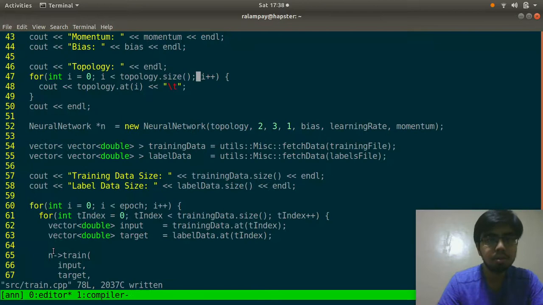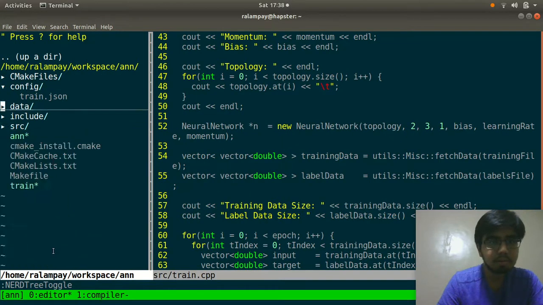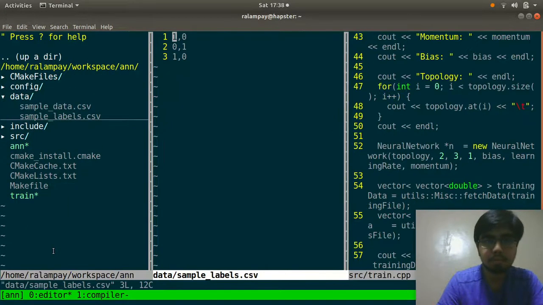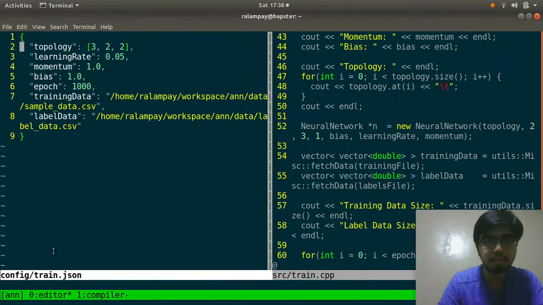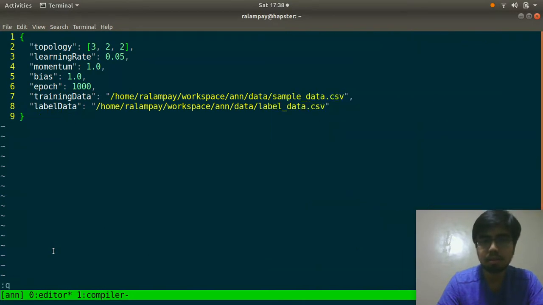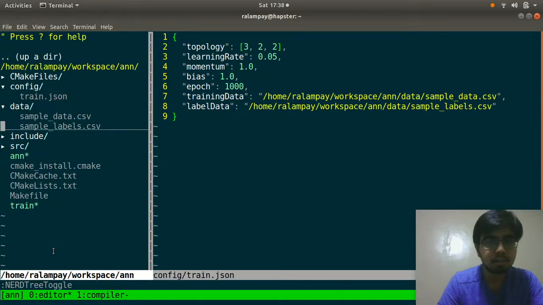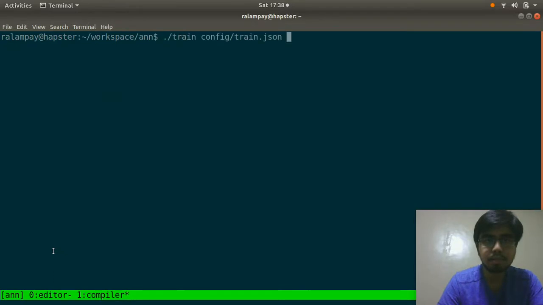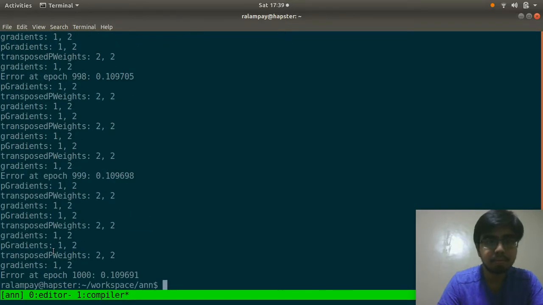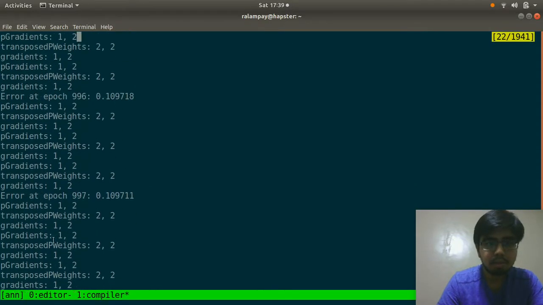So, sample labels, maybe in our config, maybe our config wasn't correct. Sample labels, oh, it's right, so it was named label data. There should be sample labels, right? Sample labels, right? Try this again. There we go. So we can see that I think,